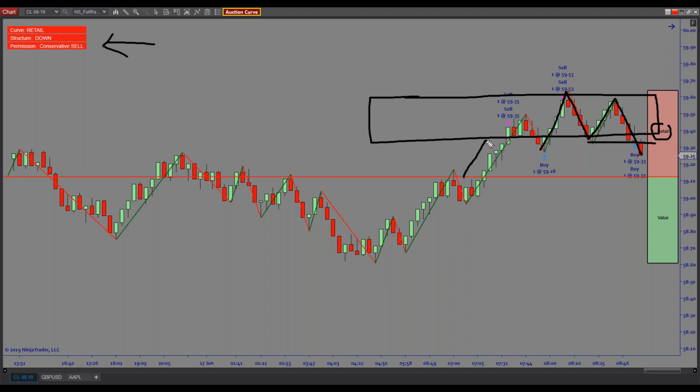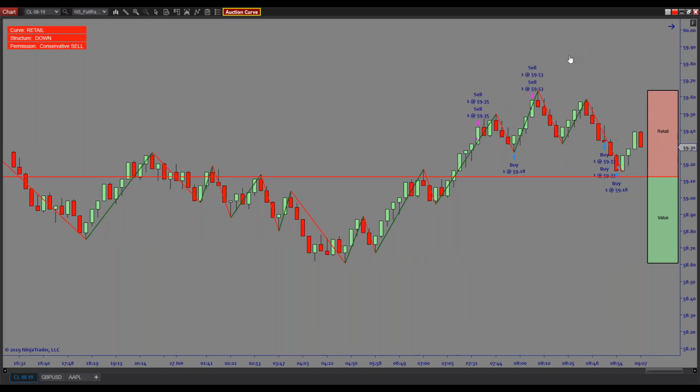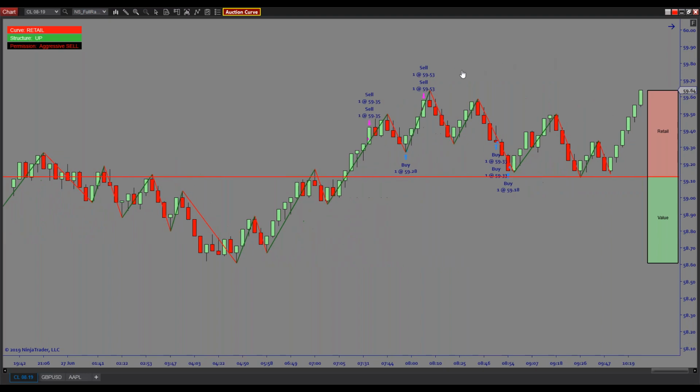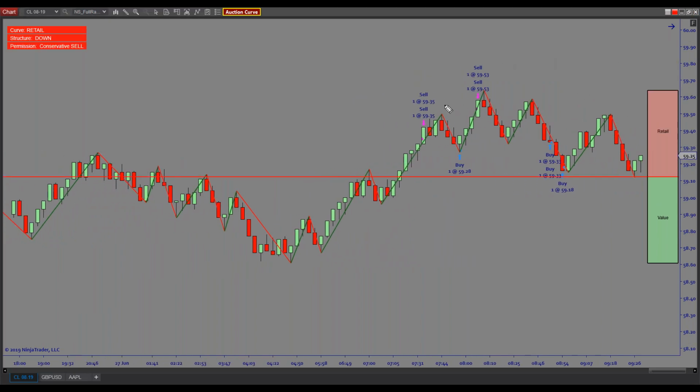So I could enter as price is going into it, aggressive. I could get in again, aggressive. Or I could wait for the market to leave and then enter on a retest. That's called conservative. So you had an opportunity to enter right there and take the leg out this way. Let me give you an example. Aggressive entry, conservative entry. The same result happened. It's just you're waiting for confirmation.